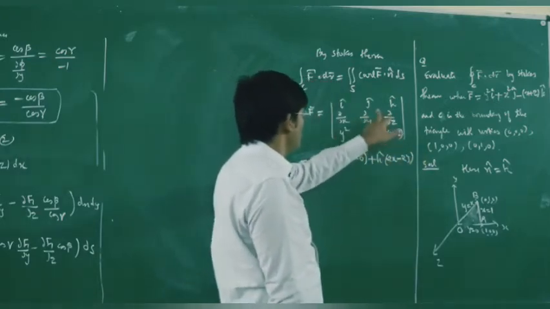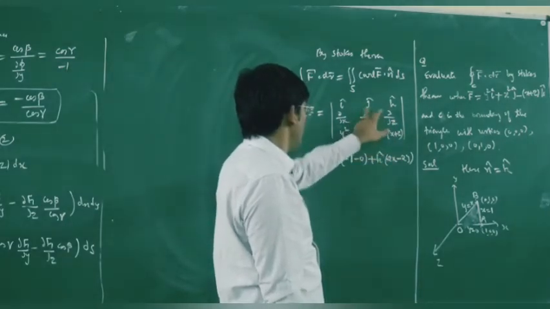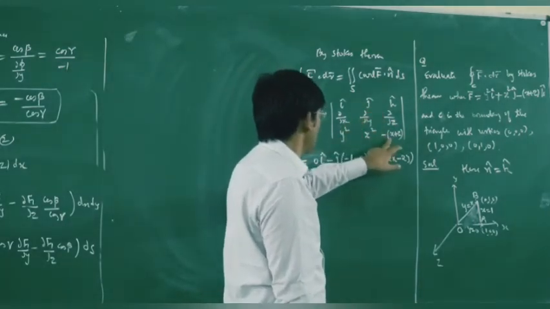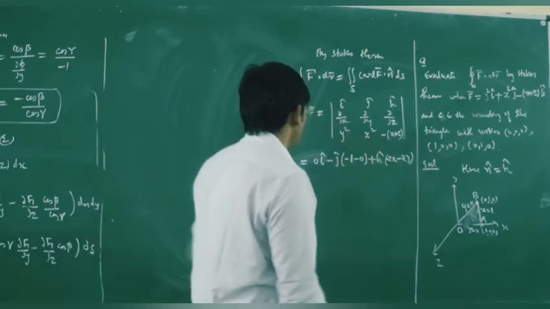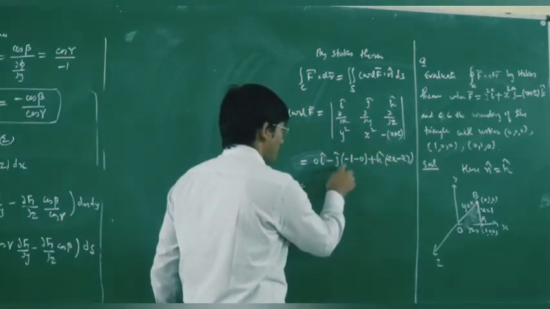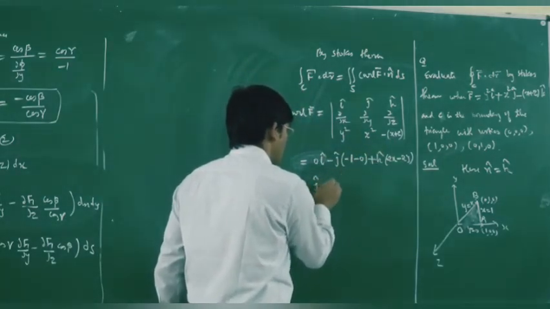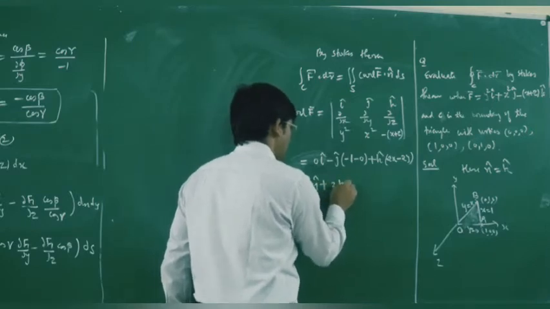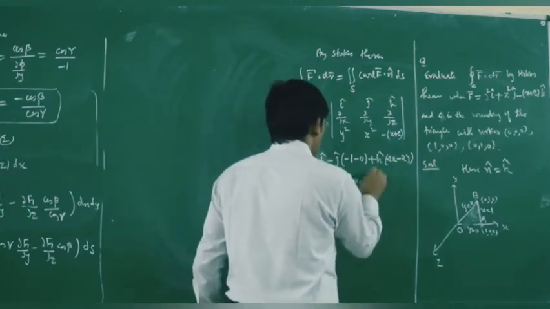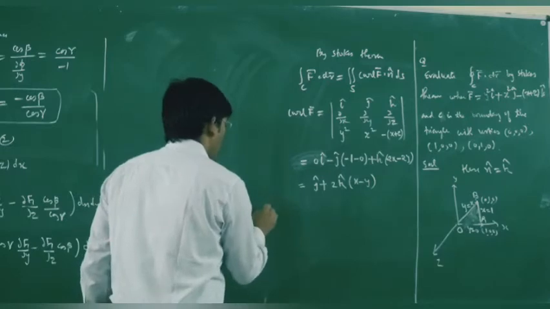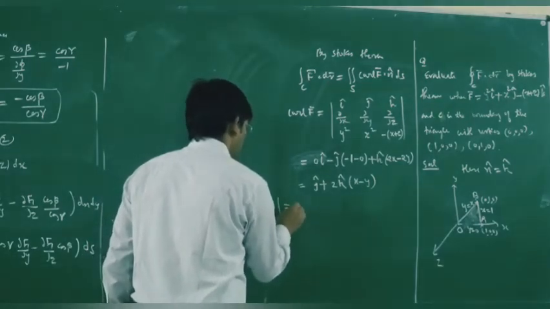So for j we have minus 1. So this is equal to minus minus plus, so this is 2k times x minus y. Therefore our line integral over C of f dot dr is equal to